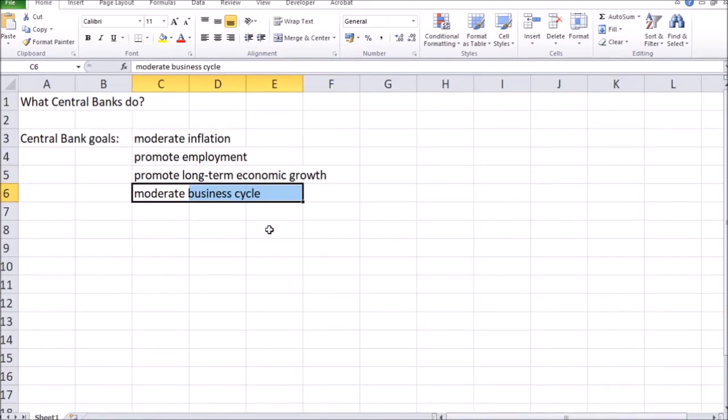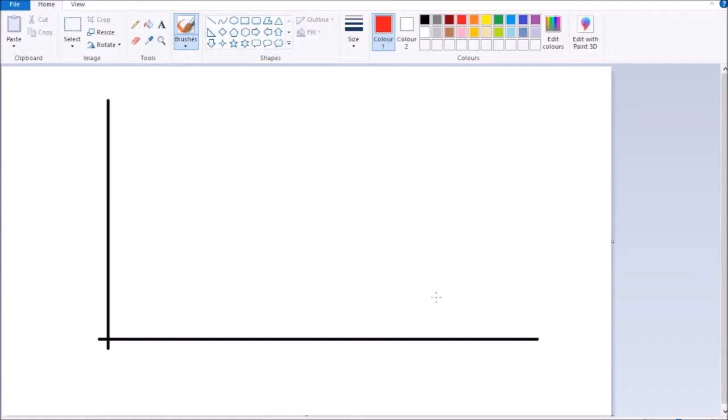Business cycles is this fluctuation in our economic activity, fluctuation in GDP, fluctuation in unemployment, when the economy is growing during an expansionary phase, and sometimes, of course, GDP drops, unemployment increases when the economies enter a recessionary period. Let's say we have time on the horizontal axis, and let's say we have economic activity, the amount of economic activity on the vertical axis. You might think of it as, say, GDP.